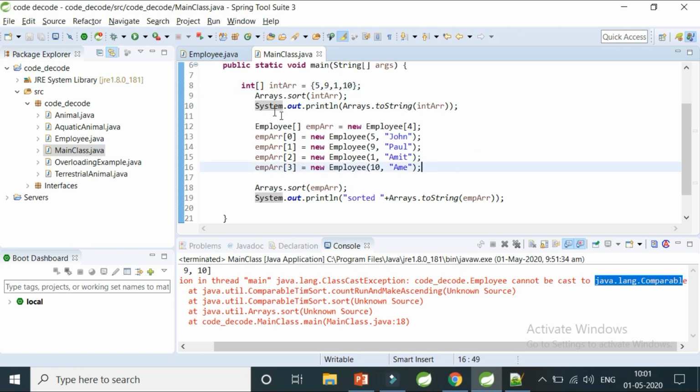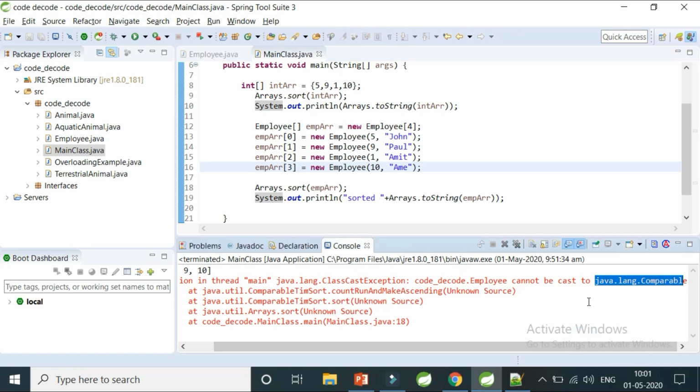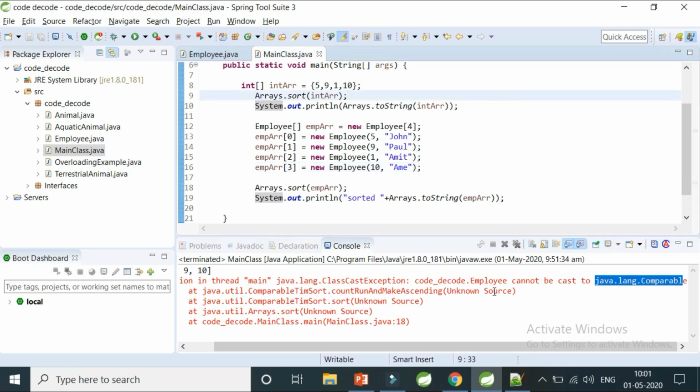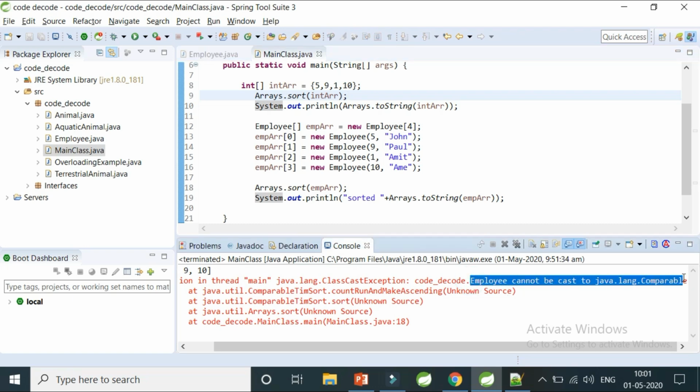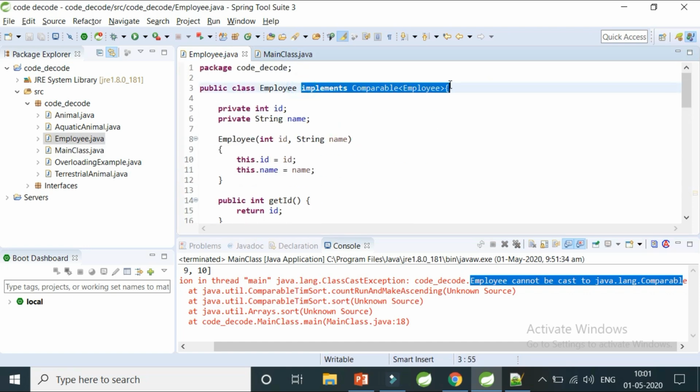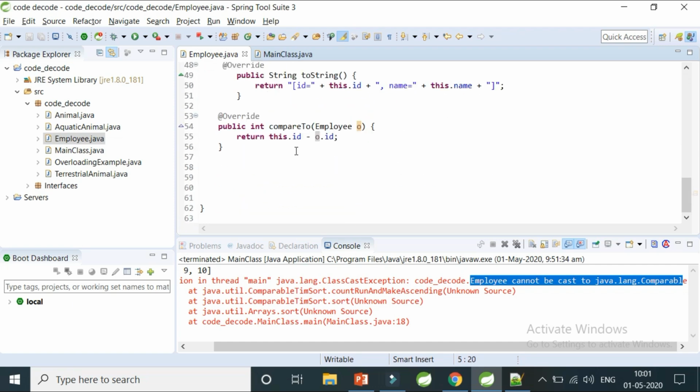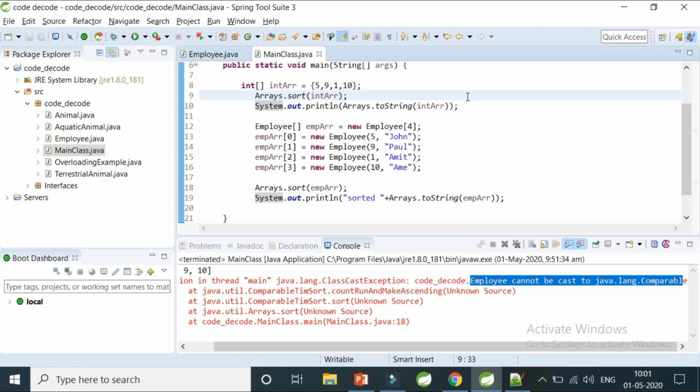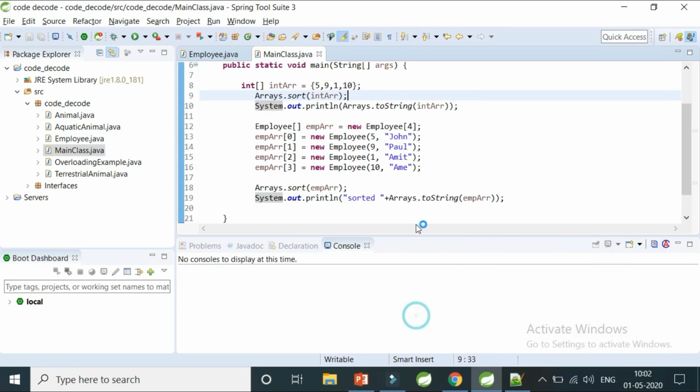Now, earlier when we ran this we got this particular error, the java.lang.ClassCastException. If we try to run this again, this ClassCastException will not come. Why? Because we have rectified it: Employee could not be cast to java.lang.Comparable, but now Employee can be cast to Comparable because it implements the Comparable interface. So this is as simple as that, very simple. Just do two things: implement Comparable and implement the unimplemented method. Simple as that. Now if I try to run this for you, what will happen?